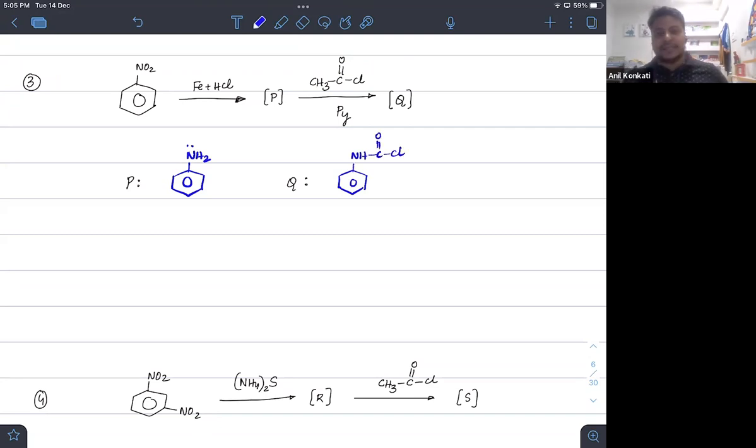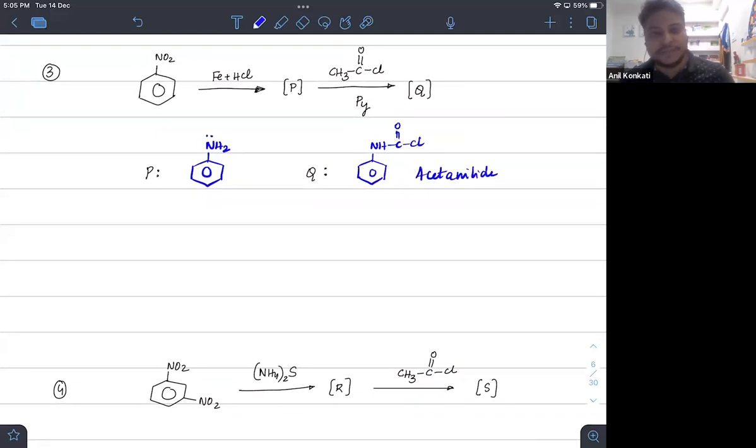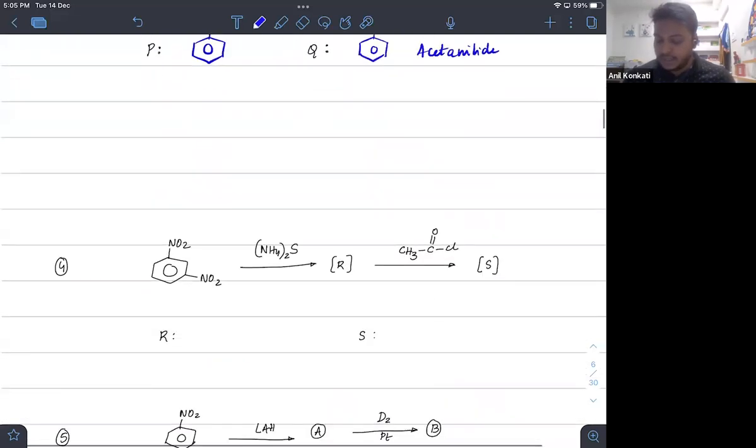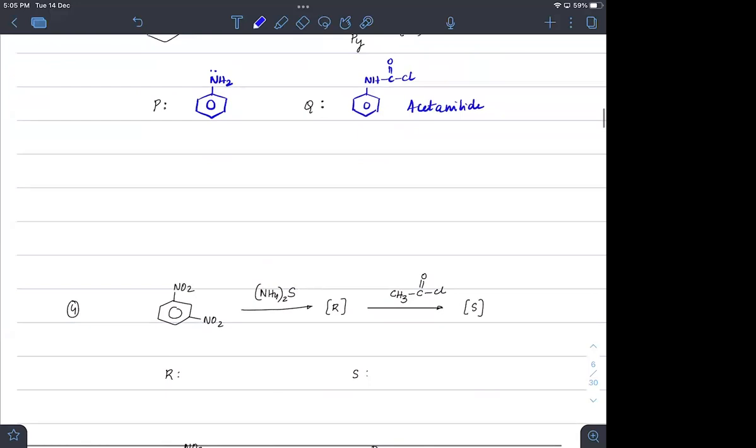Don't expect that there is an EAS reaction here. So all we will get here is acetanilide. Acetanilide. Correct. So that is a product formation. Next. सर ये वाला वापस बता सकते हो?